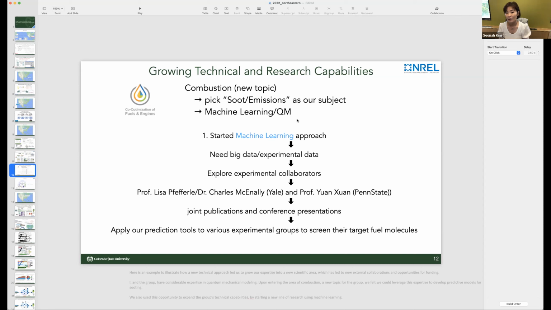But this was 6 to 7 years ago. At that time, machine learning was not popular at all. It had just started, so even I didn't know what it was. Then I hired one of the postdocs, and he also didn't have any idea about machine learning. That was not his background. However, he had heard about it and asked me to do this under this task. So I was like, oh, I don't know what it is, and he was the same.